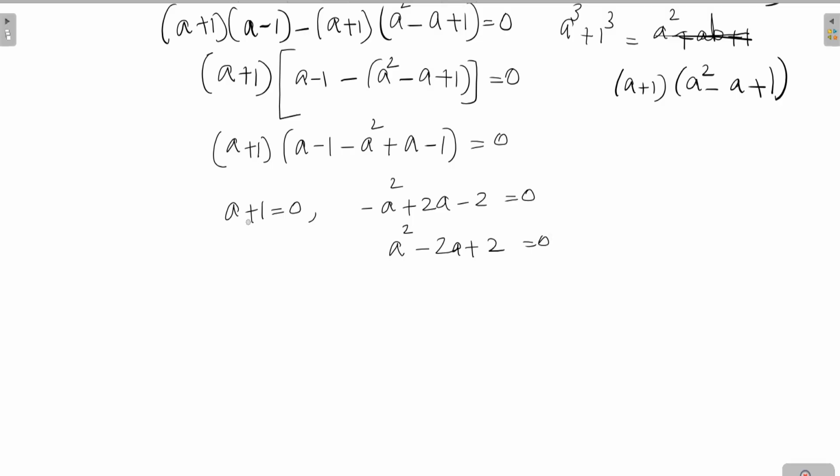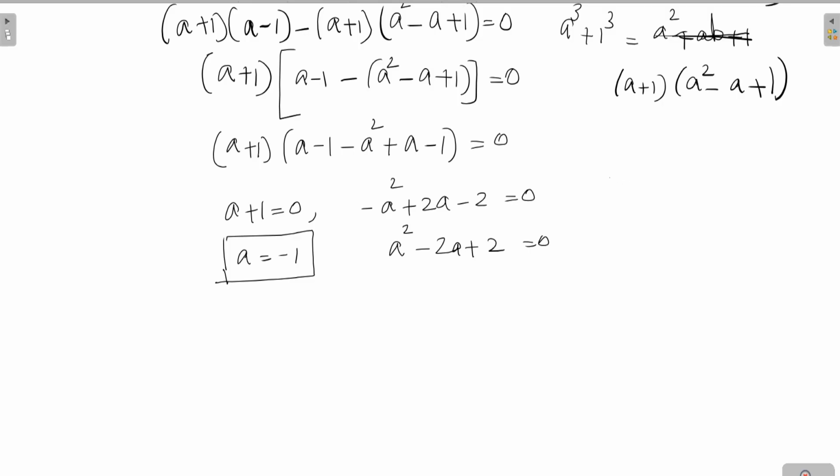The possible values of a: the first value is a equal to minus 1. This is actually the real solution. So we found one of the values of a. Let us find the other values. There are two values in the second factor because its highest degree is 2. Let us find them one by one. There is difficulty finding the product and sum values, so there is a